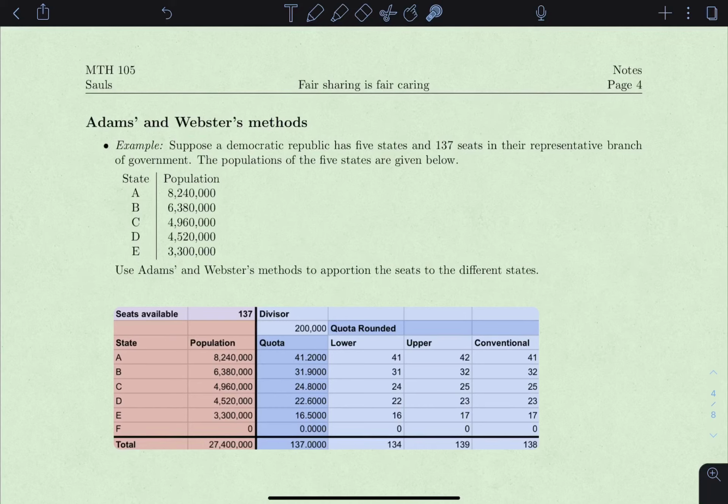So again, we have a screenshot from a spreadsheet that is doing all these calculations. We see seats available typed in at 137. The populations of the individual states should all match. And then the divisor here is the standard divisor. We've divided 27,400,000 by 137, but let's just ensure that we did that correctly. So standard divisor